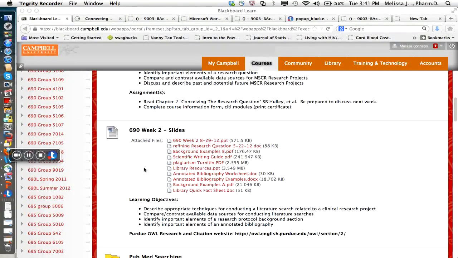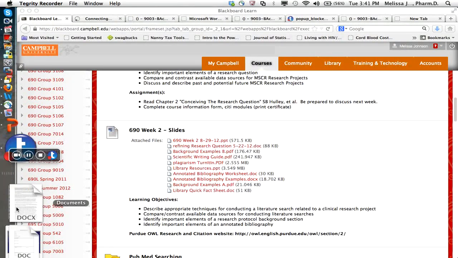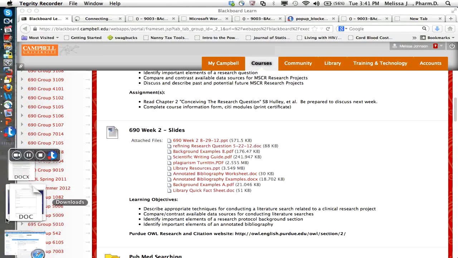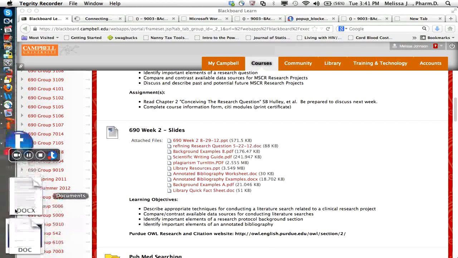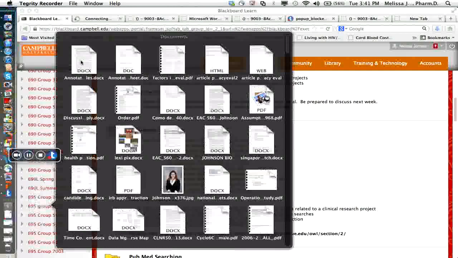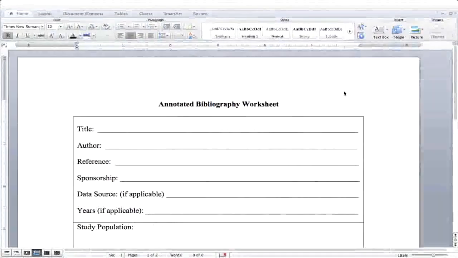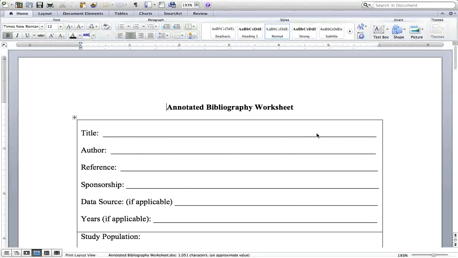Now I'm going to show you some examples of how to create your annotated bibliography and what it should look like. So the two documents I'm referring to are here under week 2 for 690, under annotated bibliography worksheet and examples. So for the worksheet, this is something that you can use when you start doing your literature searches to keep